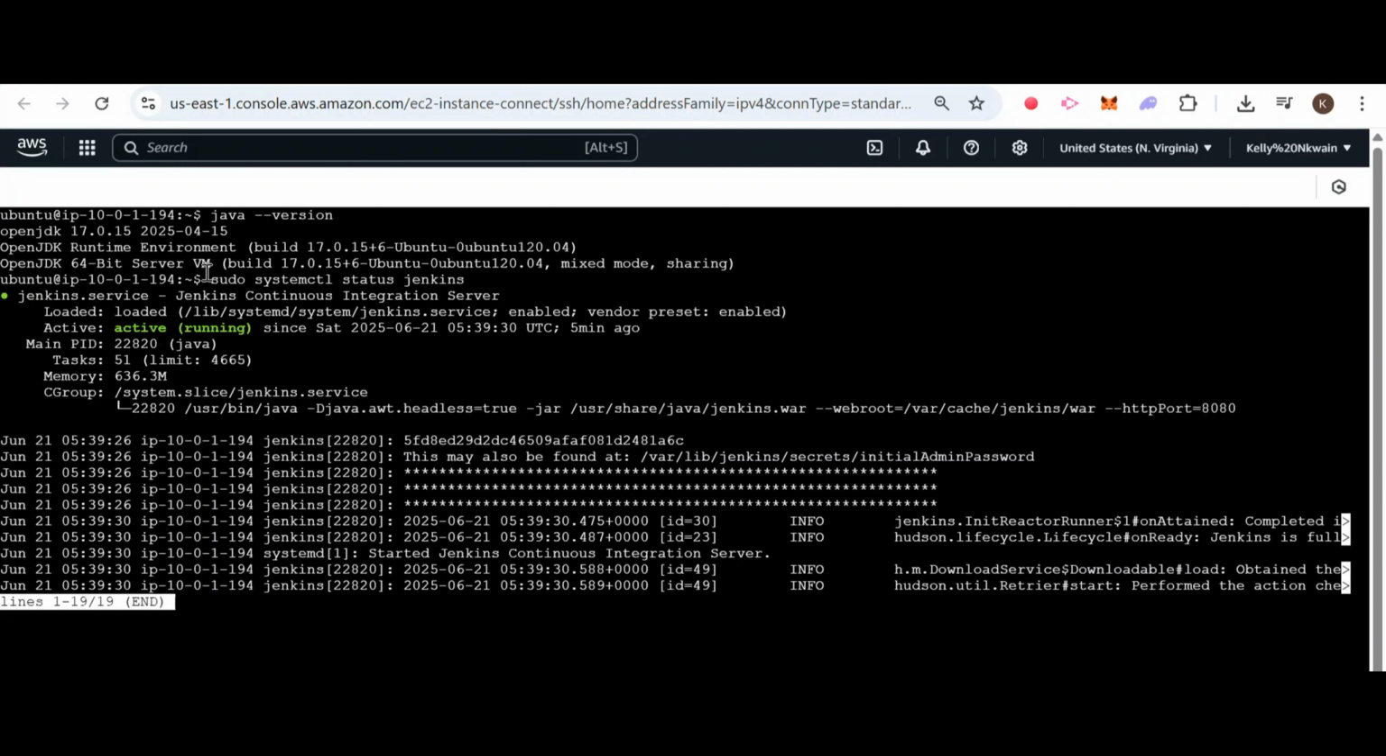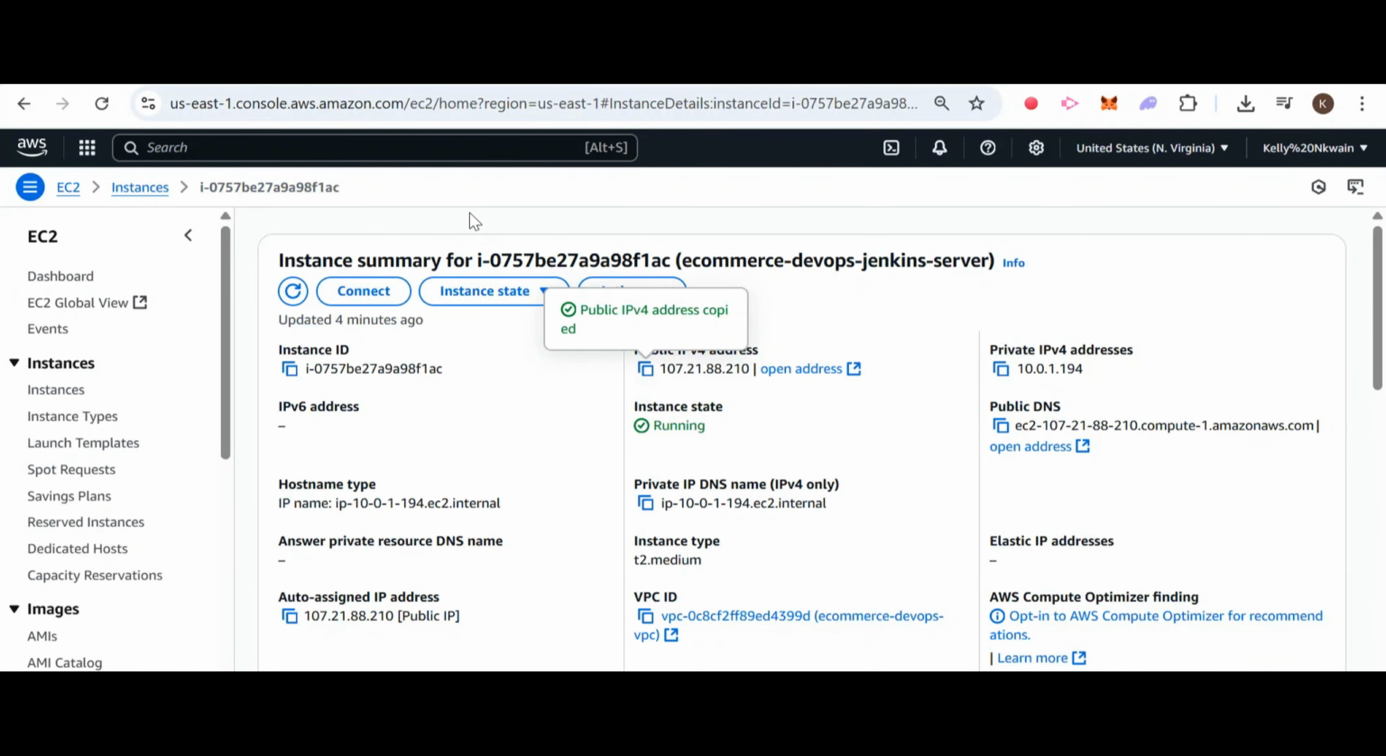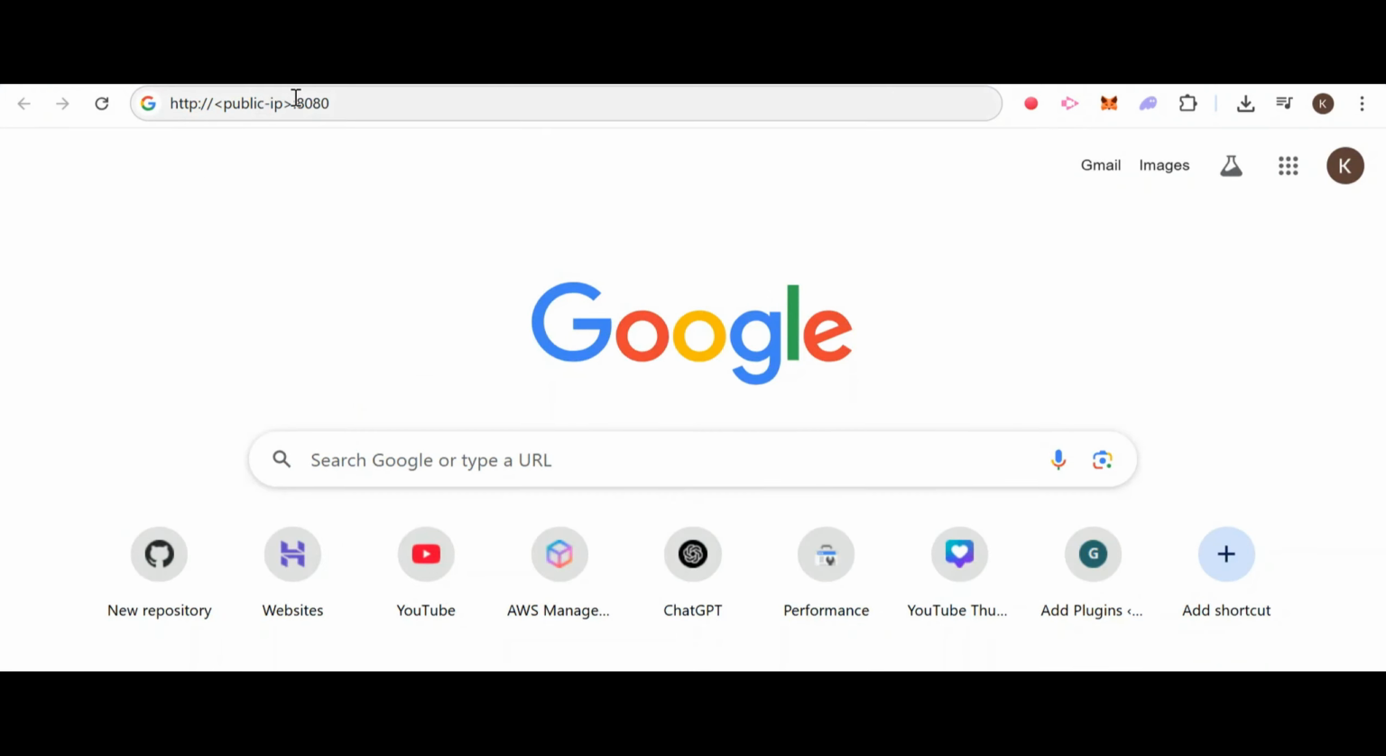So if you want to go to the dashboard for Jenkins, we need the public IP address. So if you come and you use the public IP address on